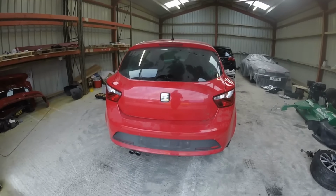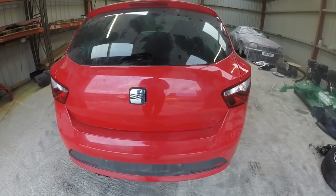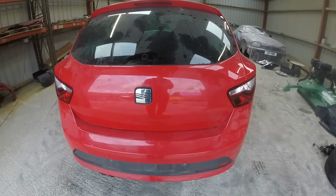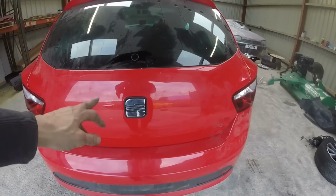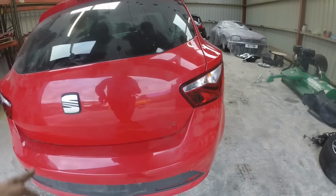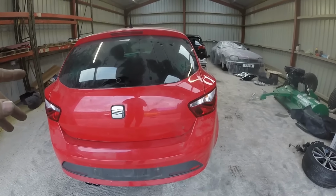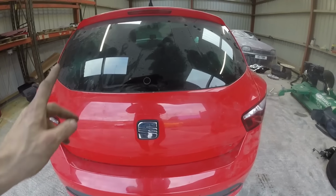I've had a few messages talking about this handle. A few said, why didn't I swap the one from the other boot lid? I thought I'd explain that, but I'll go through it again. This boot lid is an FR boot lid because it's got the FR marks, but it would appear when they first lifted this car, they changed the badge on the back. So what that means is,